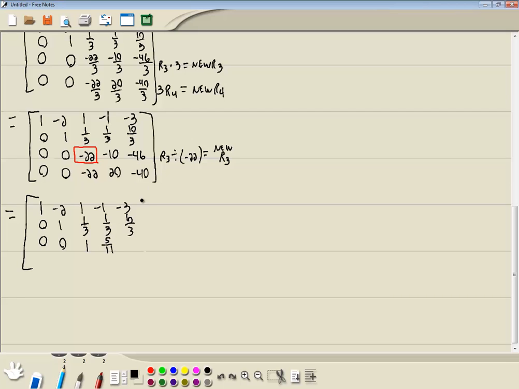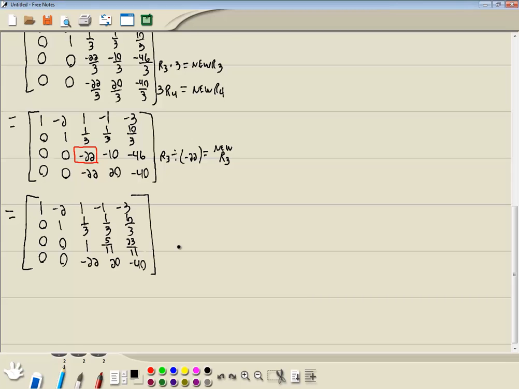And then we got a negative 46 divided by negative 22, which gives us 23/11ths. I could, if I wanted to, divide all these by a number they're all divisible by, but there's no need. So we got 0, 0, negative 22, 20, and negative 40. The reason why I say there's no need is we're gonna plug in our calculator anyway. Now